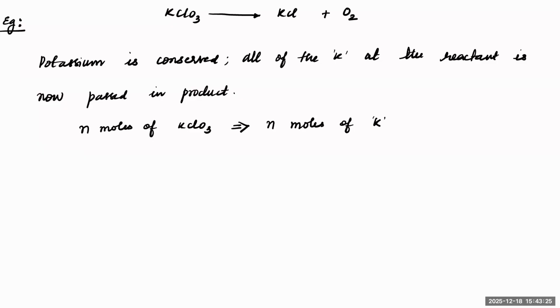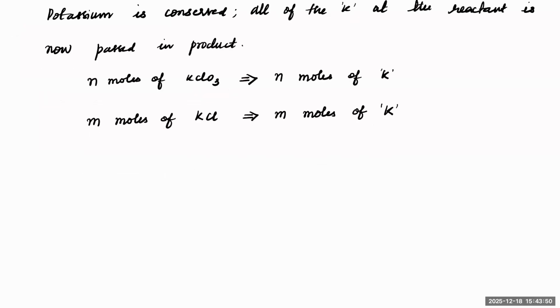Imagine there are m moles of KCl, correct? Imagine just m moles of KCl are there. So I can say m moles of potassium will be present in it. So what I'm trying to say is, if the potassium is conserved, then I can say n